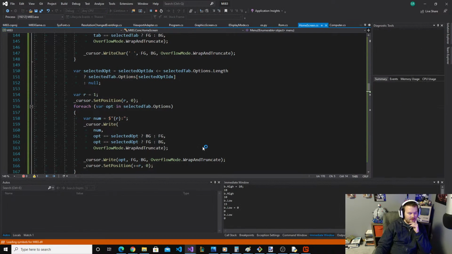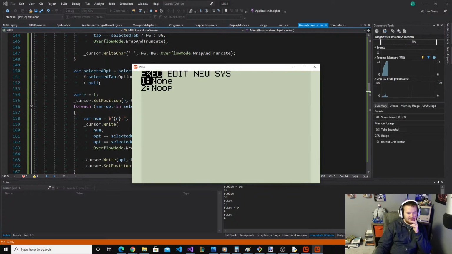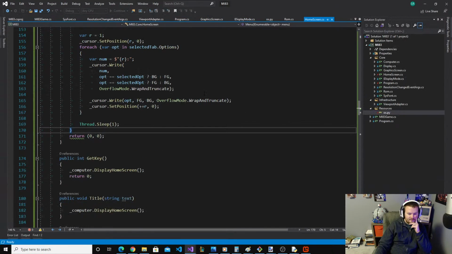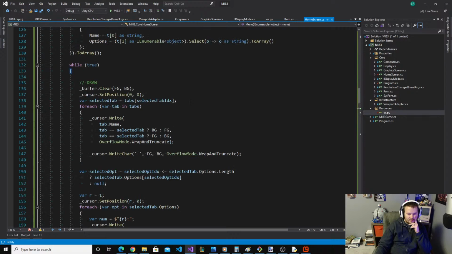I think the few times I've sat in it, I get hung up. Ooh, there's a flicker there. Oh, you know what's happening is it's probably drawing it while the console's in a clear state, because you have these two threads running. I might need to actually put a lock around,